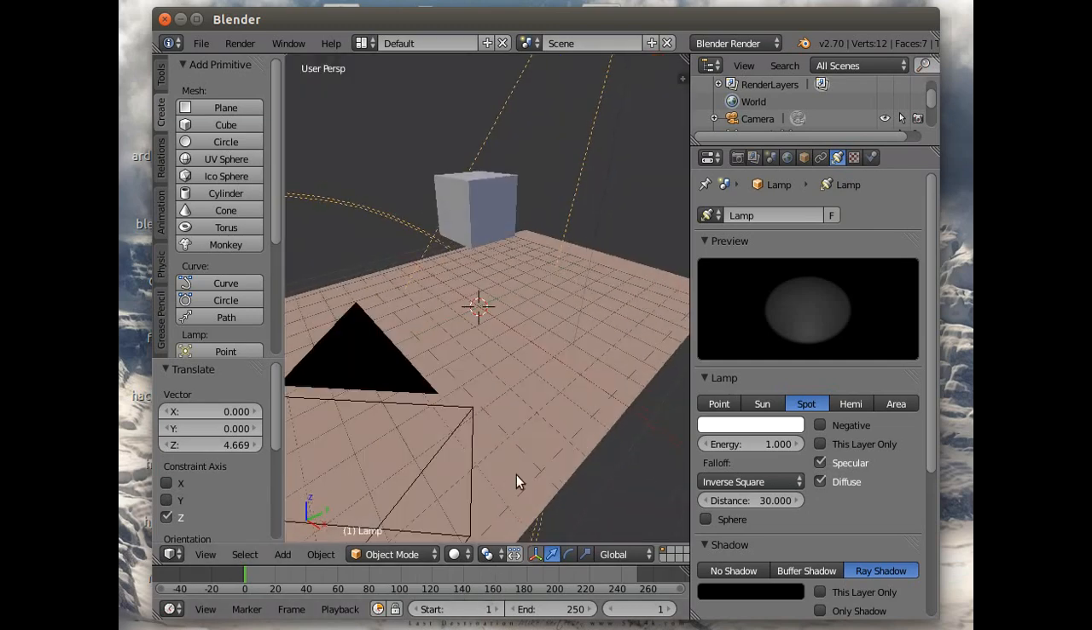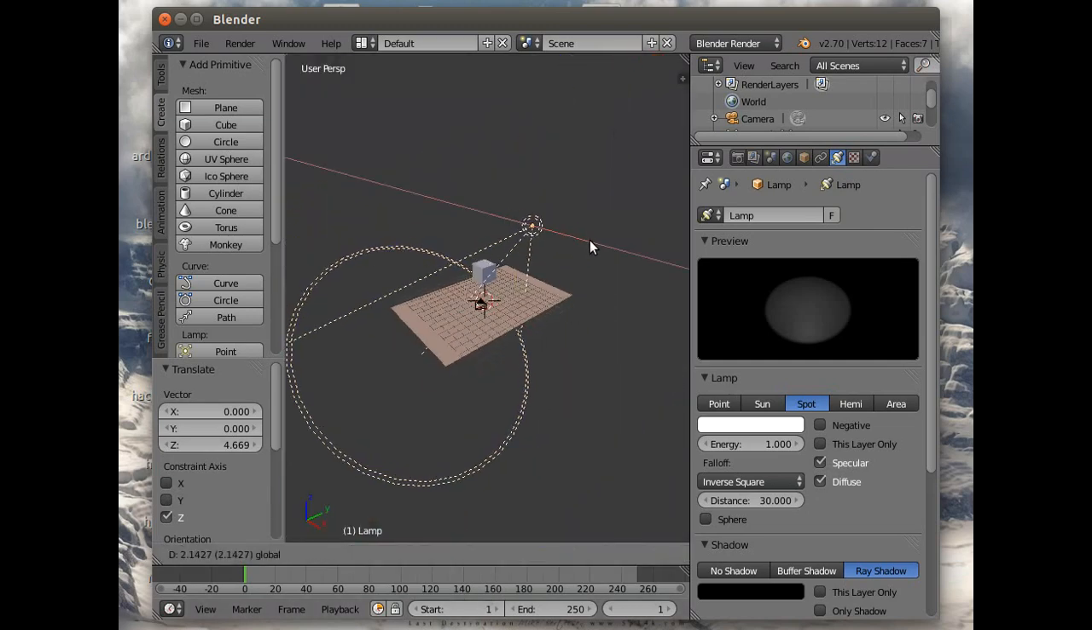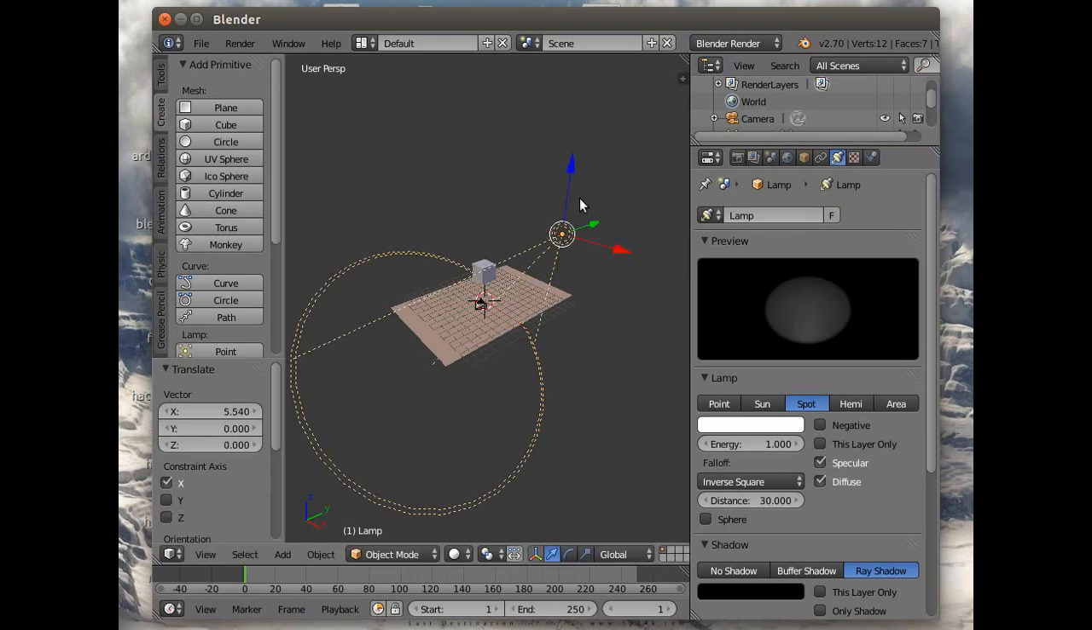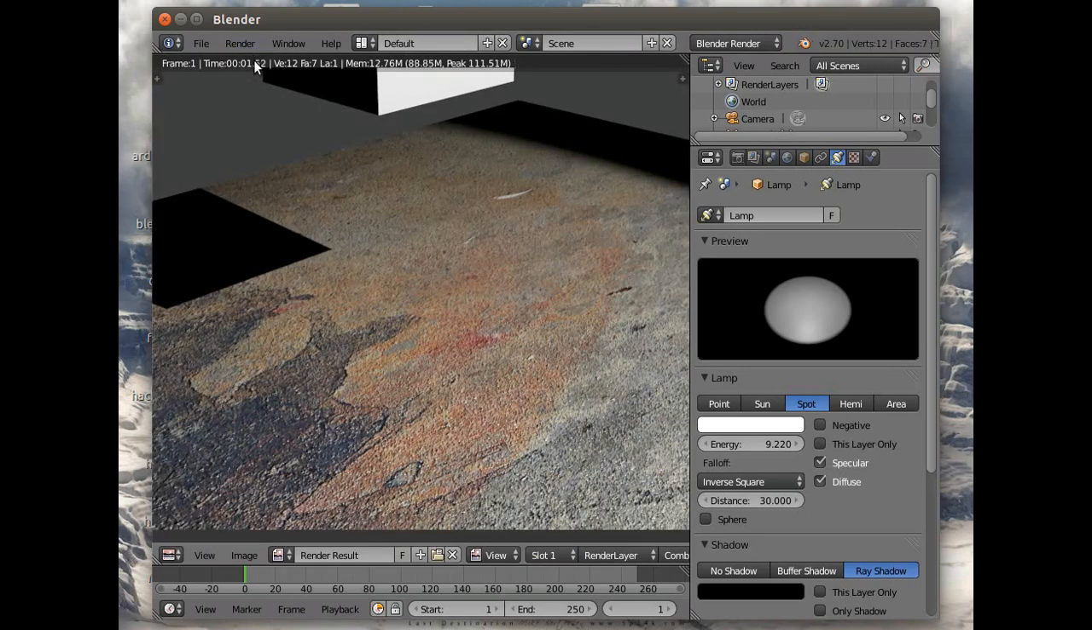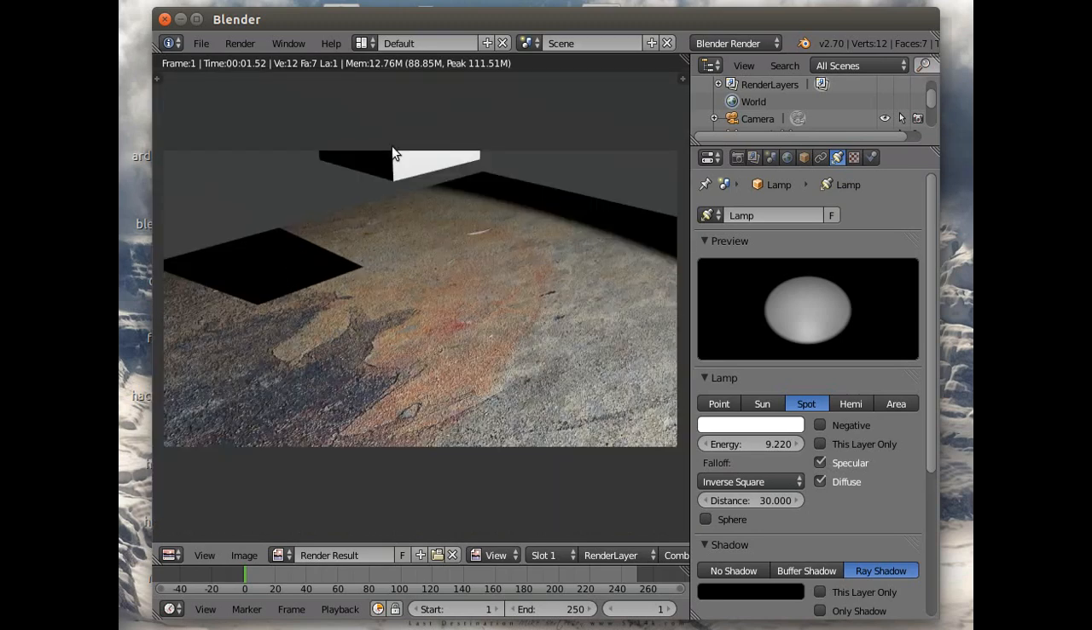and to the right a bit, and turn the energy up a bit, make it about 8 or 9 or something like that, and render that at the moment. So you can see we've got our cube, and we've got a shadow there. The first thing I'm going to say is that the shadow has very hard edges, and the way